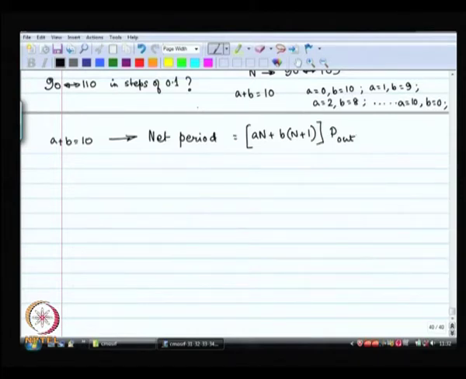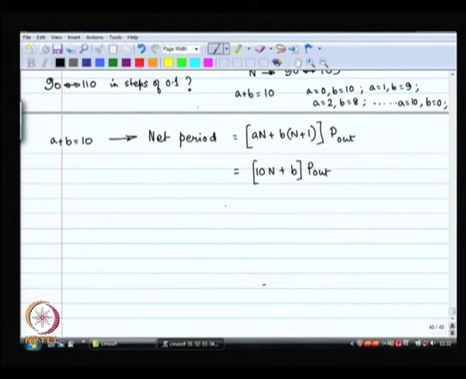This is the net period, and over here a plus b is restricted to 10, which means that I have got 10 times n plus b times p out. Okay, that is my net period, which means that